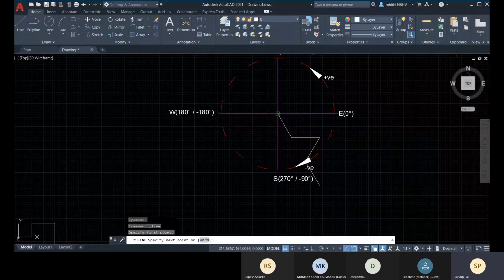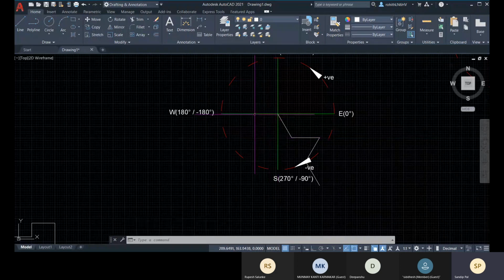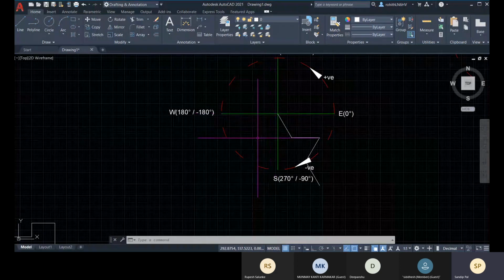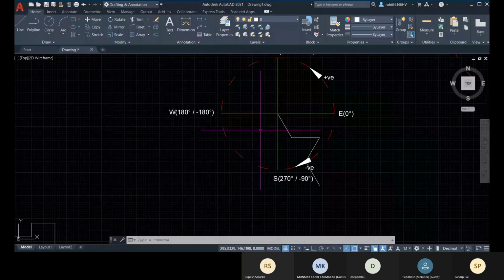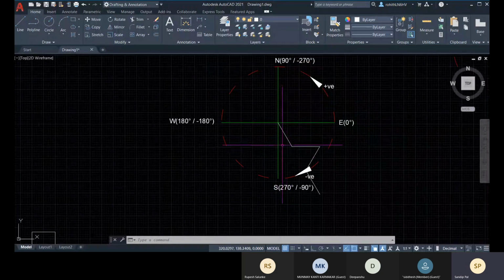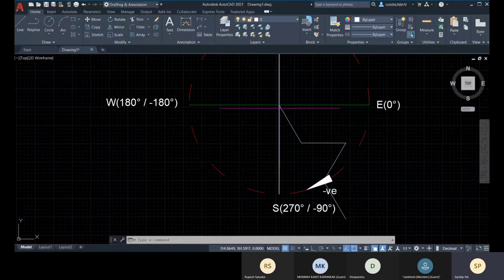So I hope you can understand if this one is 60 degree. So this angle is 90 degree, right? And here I'm creating 60 degree with this line, 60 degree with this line, and this will be equally with this. If you draw this vertical line, it will be 30 degree in this direction.